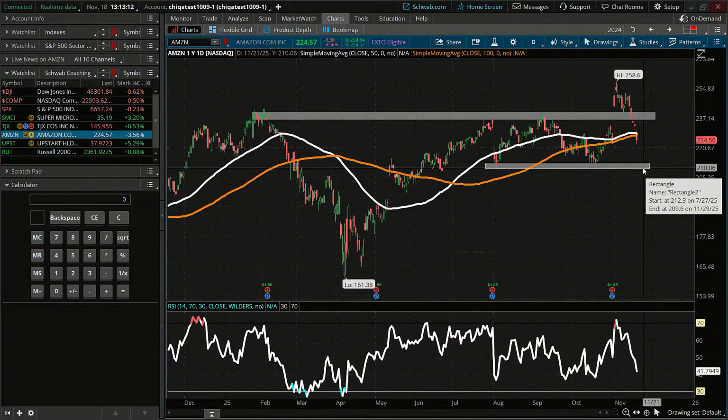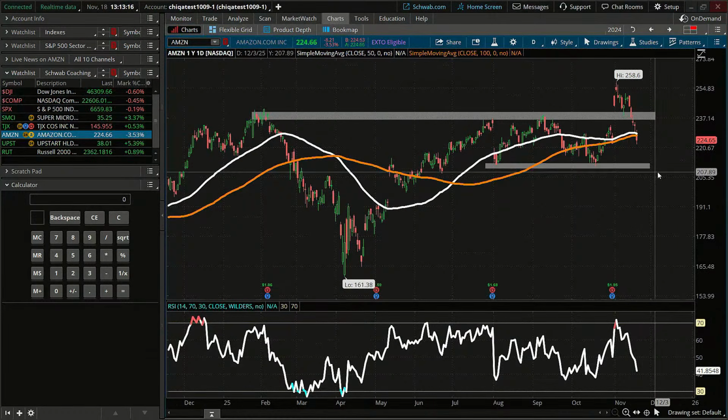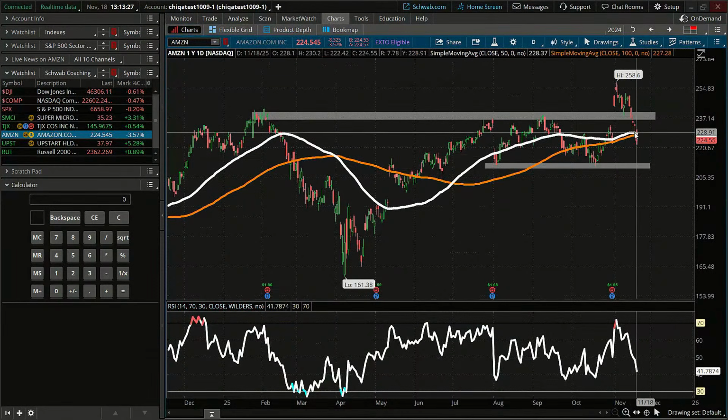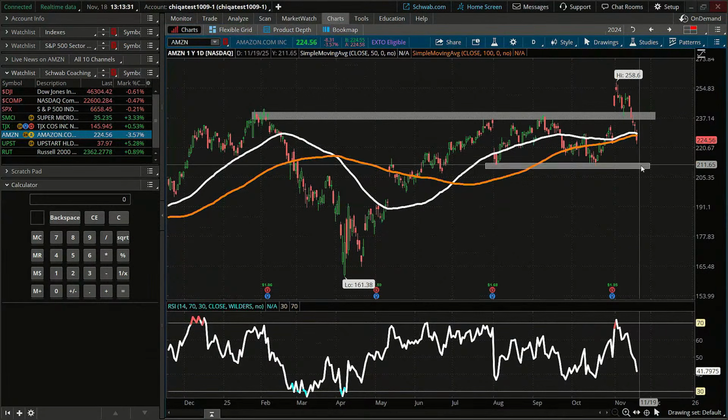So if I were to take a directional stance in this, my evidence leads to the downside here for Amazon. So what I'm going to look at as well is maybe taking a long put trade that gives us a little bit of time for it to reach that level where we don't see too much time decay, where we can really take advantage of a quick down move in price should that continue.